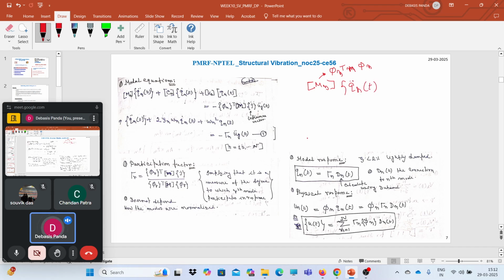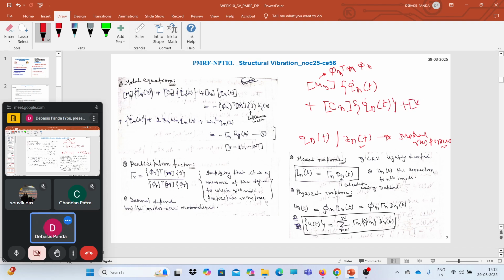So I generally use qn of t for the modal coordinates, or your course instructor has used zn of t. Both are the modal responses, right? So plus we have the component of the normalized damping matrix times qn dot of t